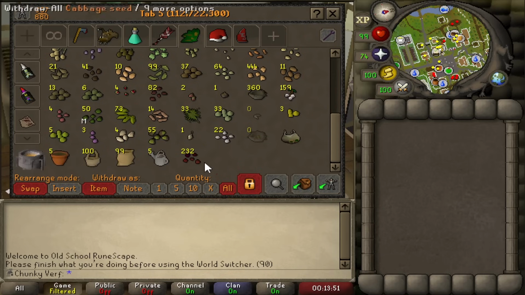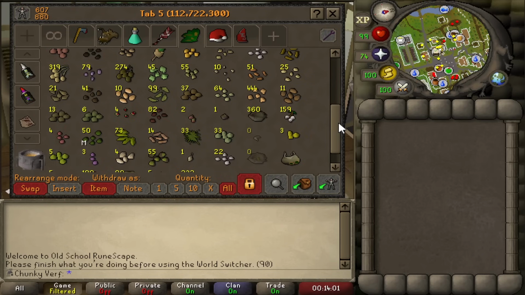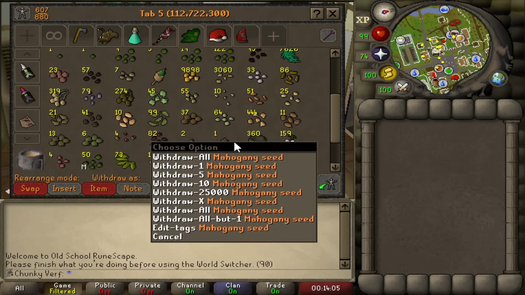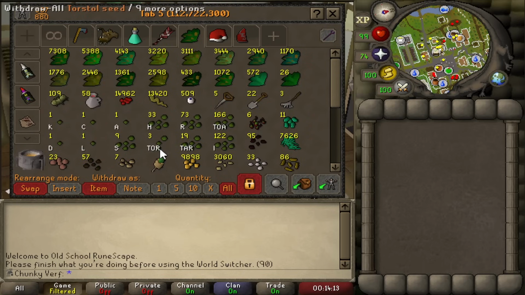Let's see, some random farming stuff here that I was able to buy. Rake some weeds, very important. Yeah, it's just random seeds that I probably won't be able to use for a long time. But it's nice to have all of them in the bank just in case I get certain patches unlocked, like the redwood tree seed. It's nice to have them before the farming guild. And yeah, that's pretty much the